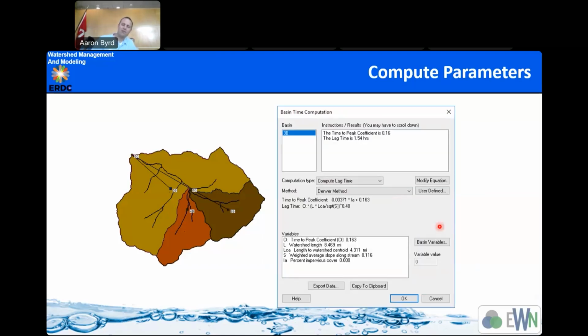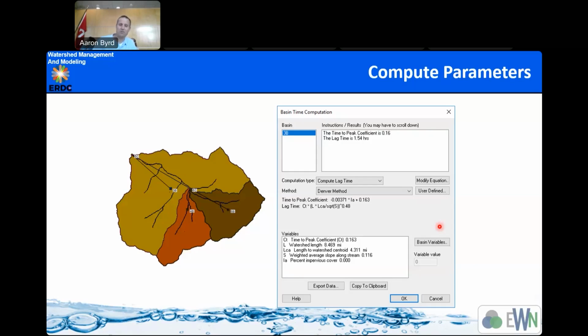The other class of parameters, like I say, there's two classes. The other class of parameters are what I call hydrologic parameters. Hydrologic parameters are parameters where we have to have some kind of data besides elevation data to get the information. Sometimes all you need is some kind of elevation data, but one example of a hydrologic parameter would be a parameter called the time of concentration that's used by